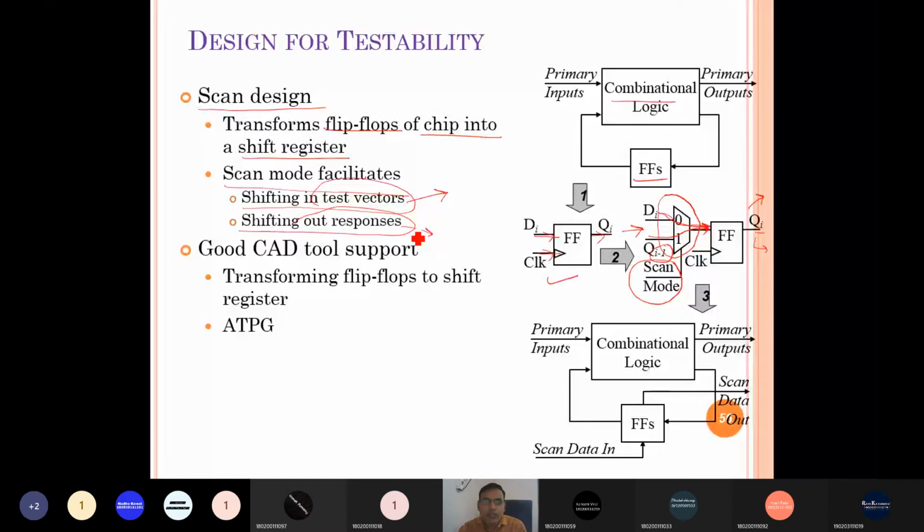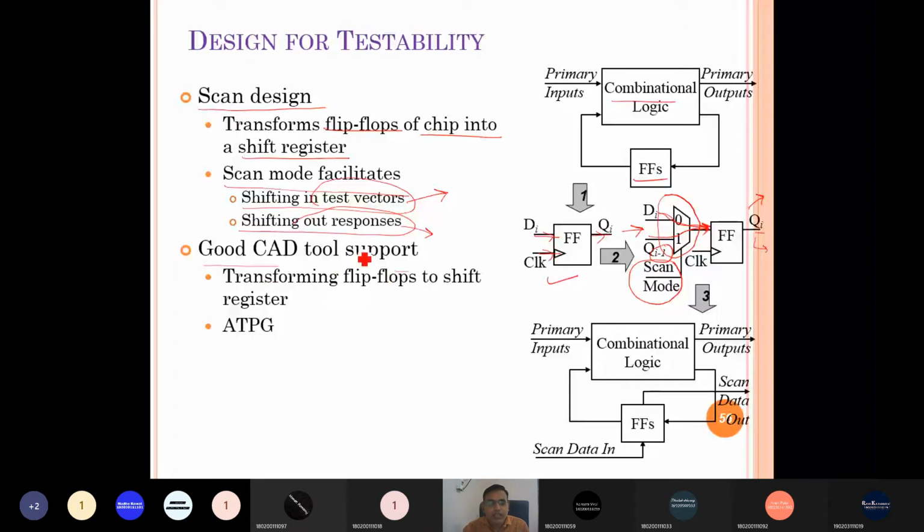So scan-based design is a widely used DFT technique, and it converts the simple flip-flop into a scannable flip-flop by adding a small hardware, which is the 2 cross 1 mux, and we can make our design a testable design, from a simple design to a testable design, right? So that is the beauty of the scan design DFT technique.